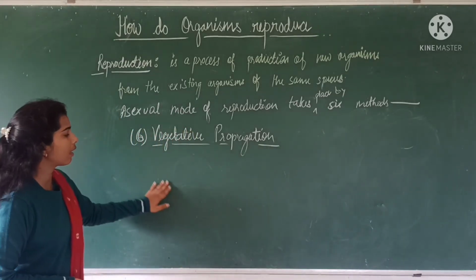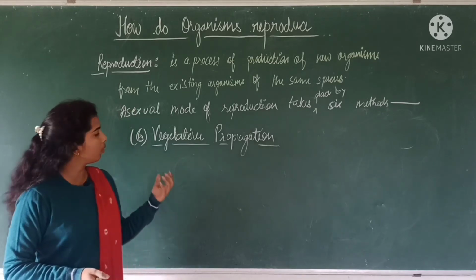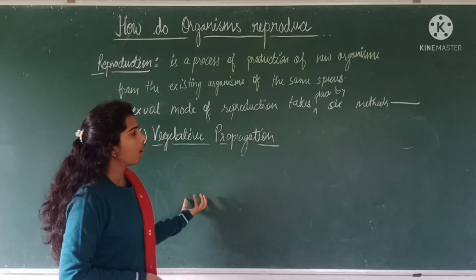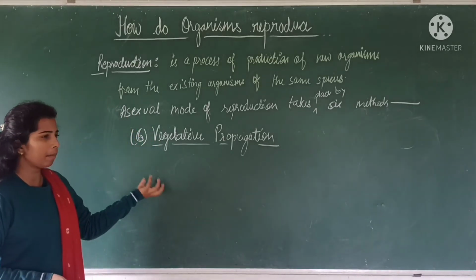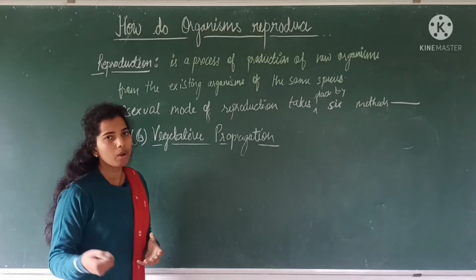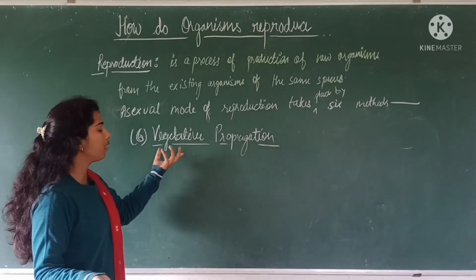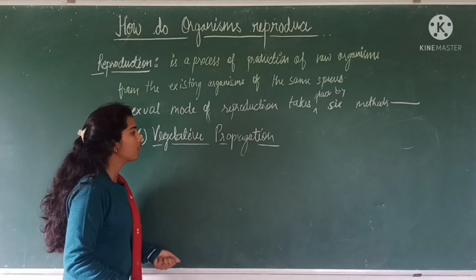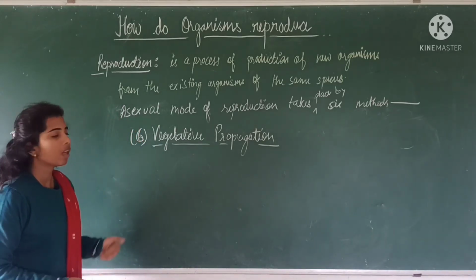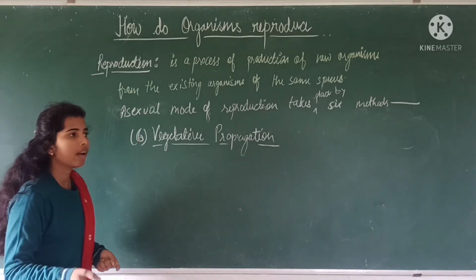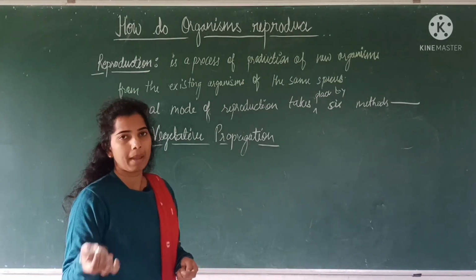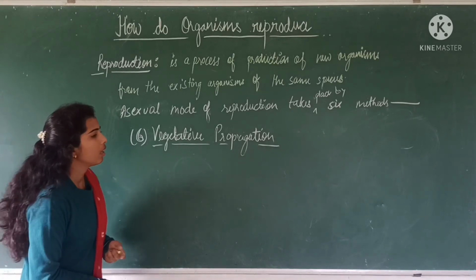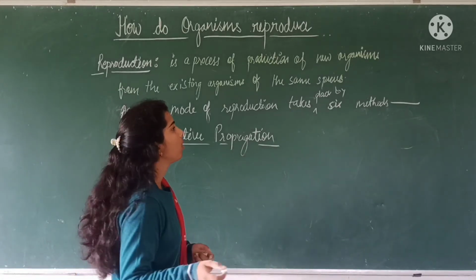Any part of the plant, like a leaf, stem, or root, cut from the parent plant, gives rise to a new plant. That is known as vegetative propagation. In vegetative propagation, a small part of the parent plant gives rise to a new plant, just like in